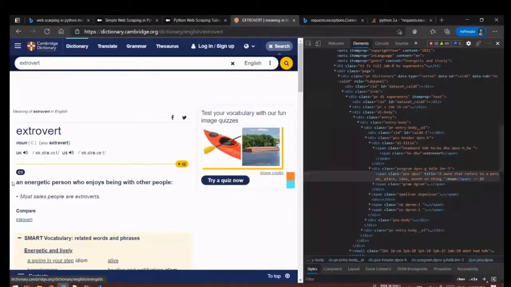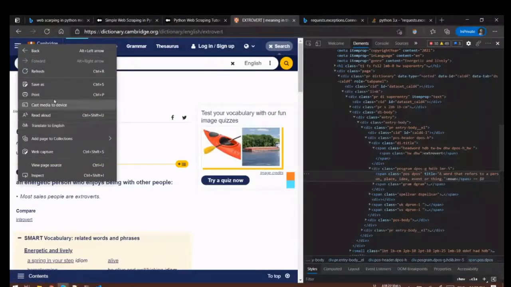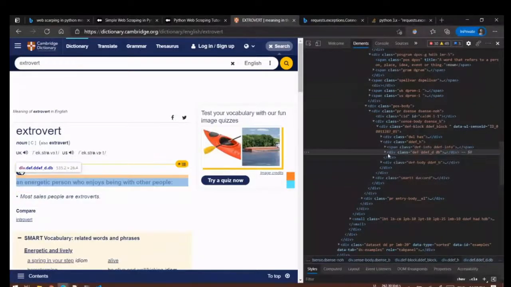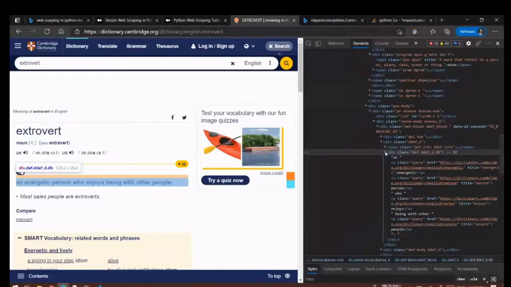And next thing is our meaning. So the meaning is present inside this div with this class name.